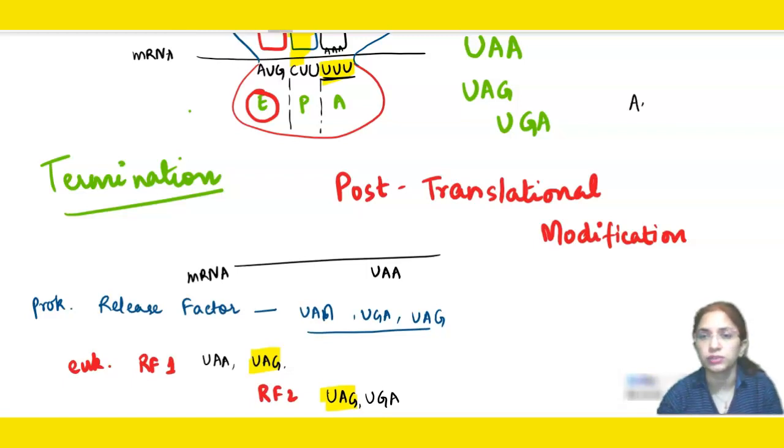Certain groups are added, certain groups are removed. Some modification in the components, some modification in the amino acids could also be done, and thus a functional polypeptide is formed. Here the post-translational modification happens in the Golgi body of a cell. That is why we have read in the lower classes that Golgi body helps in the post-translational modification. So once it is done, proteins are made functional, and they can play a wide number of roles.